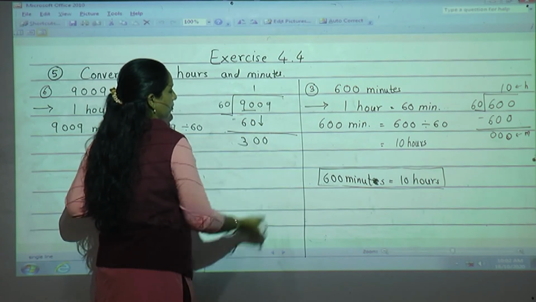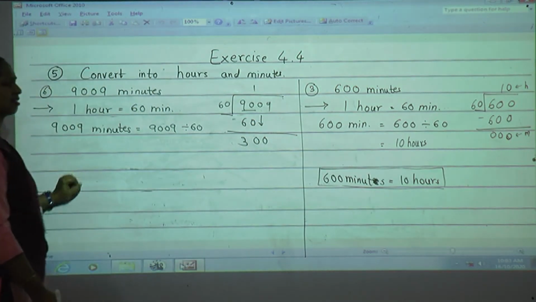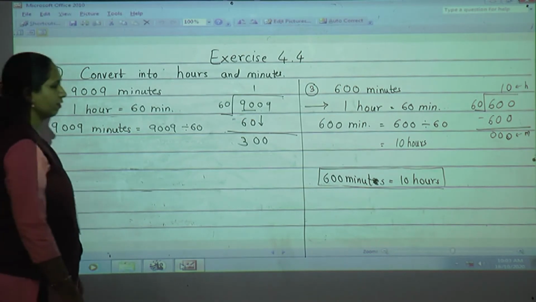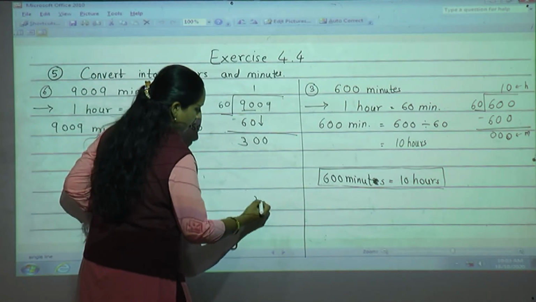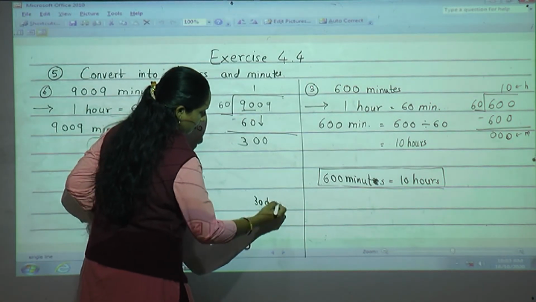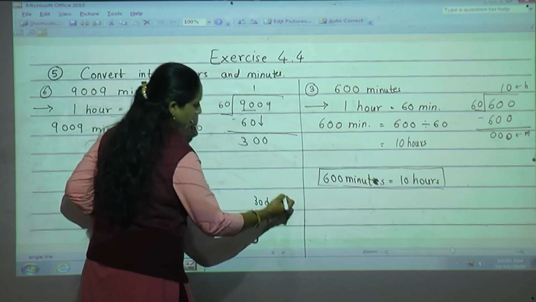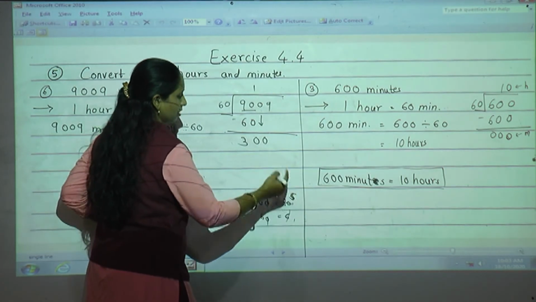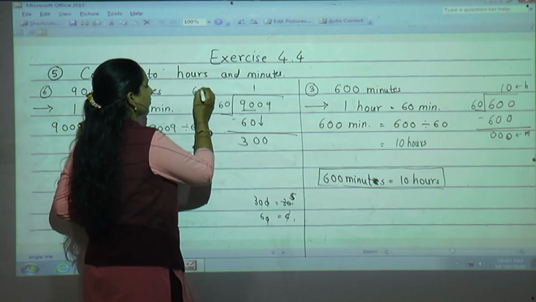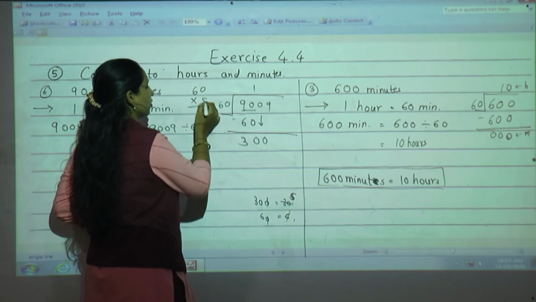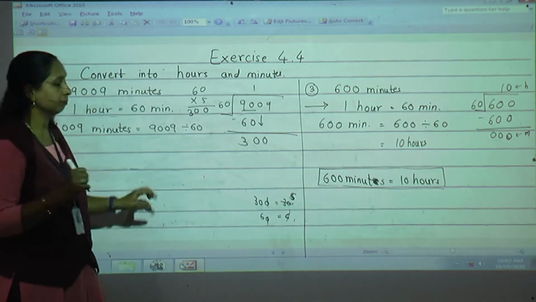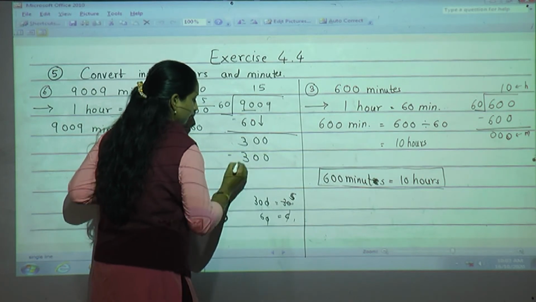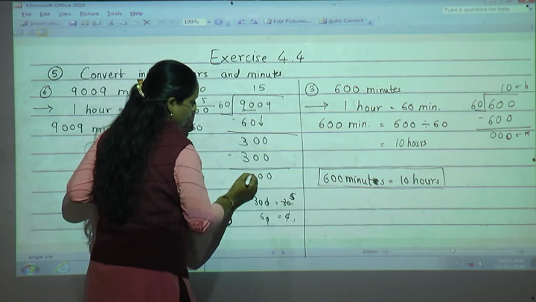Now bring down 0. Now see, is 300 there in the 60 table? Yes, come on, tell me. Yes, shall we try with the estimate quotient? I'll write here 300 and 60. Cut 0, 0, 30 and 6. 6 1s are 6, 6 5s are 30. So the estimate quotient is 5. So I'll try with 5. 60 5s are: 5 zeros are 0, 5 6s are 30. See, exactly we got. So 60 5s are 300. Let's subtract: 0, 0, 0.